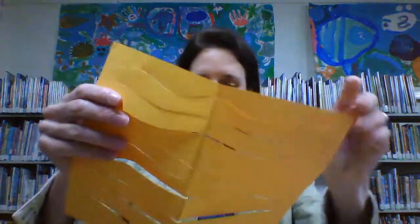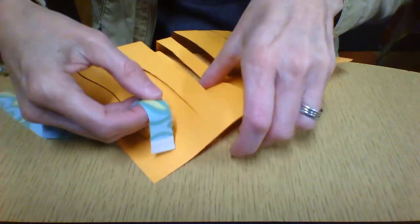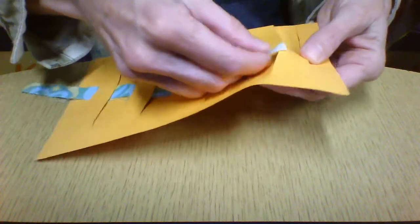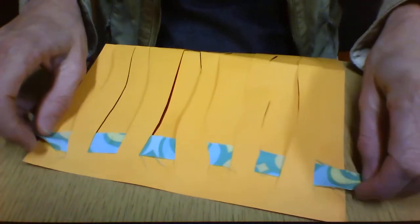And I am going to do something that I did before with my original design. I'm going to select paper and media that I think will look nice. I have different strips of fabric, and I think I'm going to start with this fabric. It has some yellows and greens and blues, and I'll show you what I'm going to do. Okay, I'm going to start from the end, and I'm just going to make sure I have my fabric the correct direction, and I'm just going to go in and out through all of my strips. And it's just that pattern, of course, over, under, through every strip. Okay, and once I'm at the end, I can just push it down to the end,